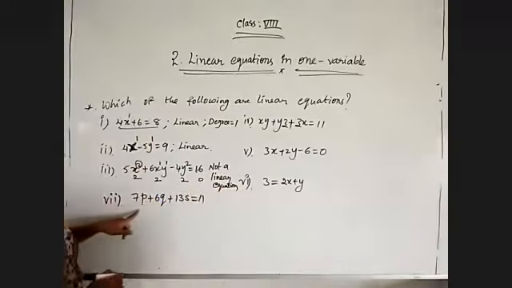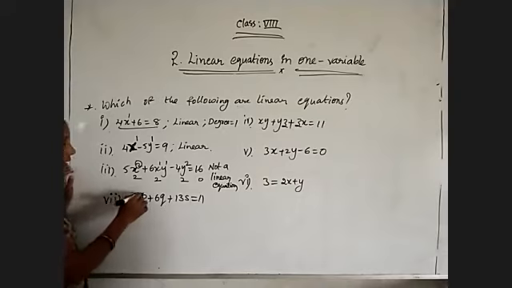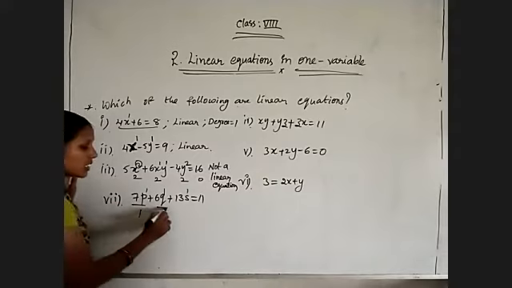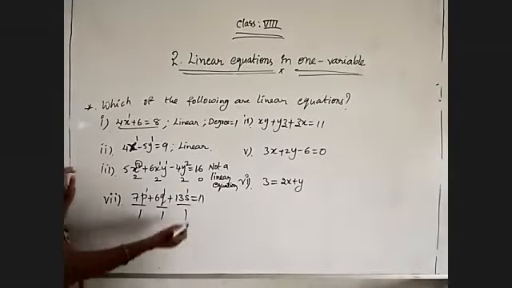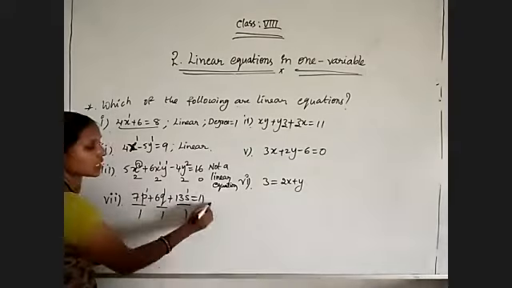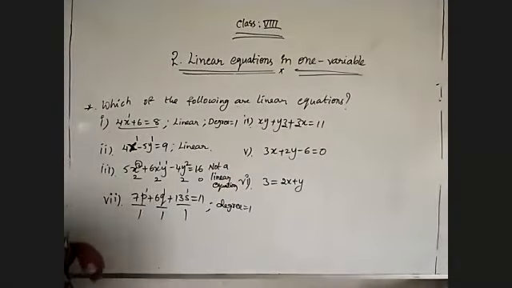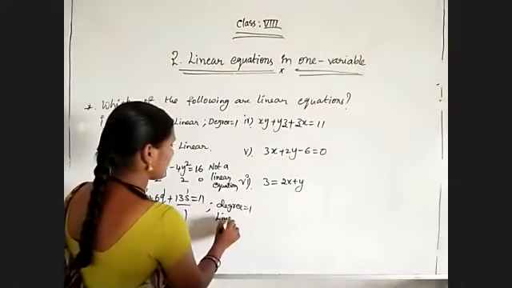And coming to this last problem, p, q, r, three variables are there. p power is 1, q power is 1, r power is 1. And 7p is one term, so here the degree of the monomial is 1. 6q also, degree of this term is 1. 13r also, degree of this term is 1. So the highest value is 1 only. That's why the degree of this equation is equal to 1. So it is a linear equation, with variables p, q, r, a linear equation in three variables.